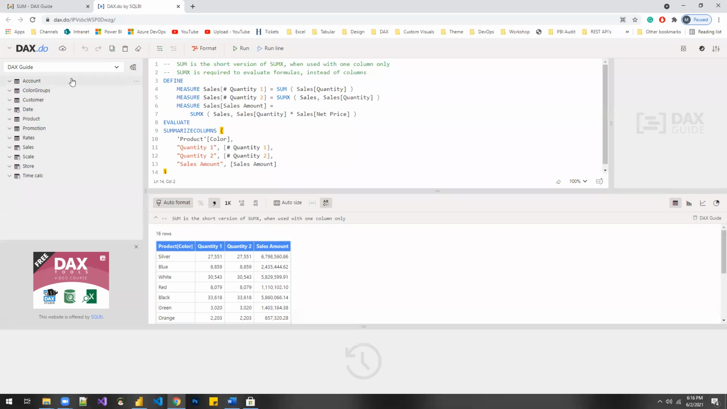Okay. So to the left here, what you're seeing are different tables. The way Power BI is structured is you will be pulling multiple tables, and in each table you would have multiple columns. This is similar to Excel. In Excel, you would have multiple tabs, and in each tab, you would have a list of columns. So this will be like an accounts tab in Excel, but in Power BI, the way you call it is accounts table. And then we have this colors group, customers, date, product, promotion, rate, sales, and all those tables here